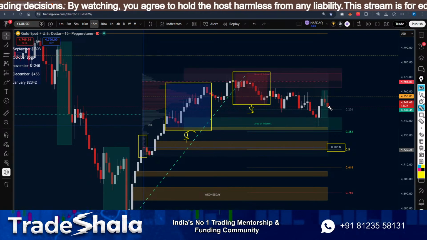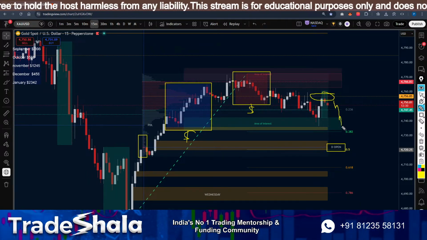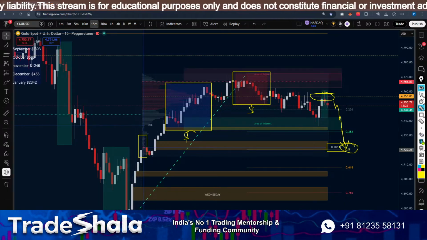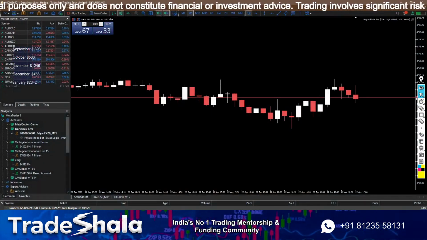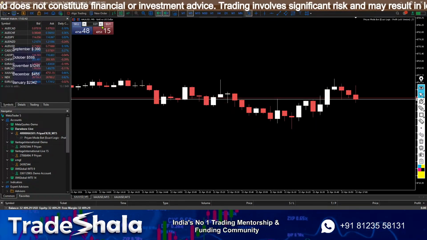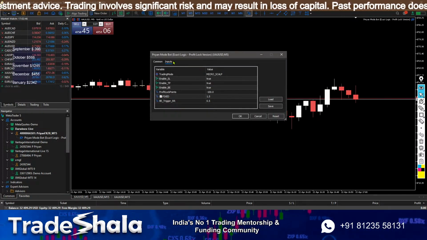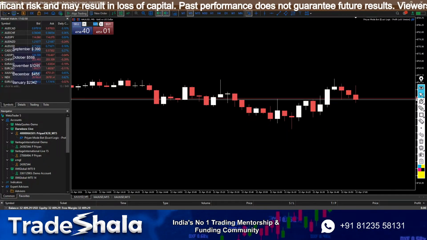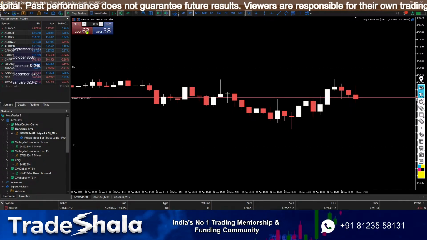So we are currently at the point of control, and I believe the sellers are going to enter, and we are going to go till over here. This is what I currently believe. So based on all the things, I'm going to look for short positions. I'm on gold. I'm going to set up my board a little bit. Intraday swing. I'm going to put in a position of 0.1.